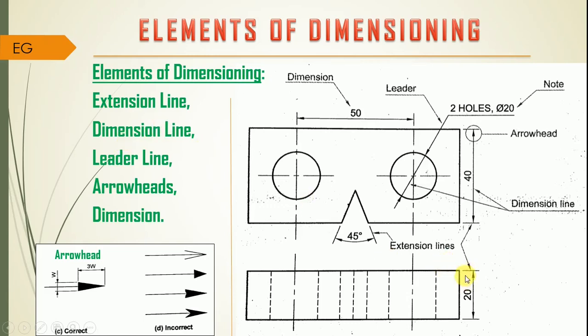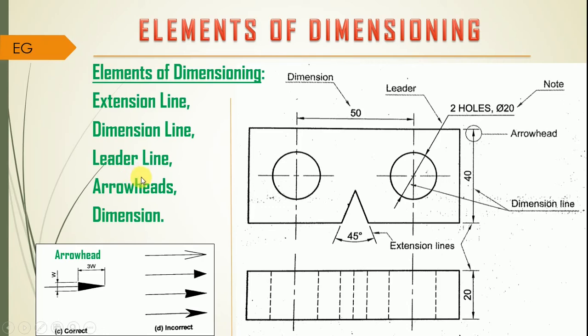Dimension line. To show this particular height, as we earlier drew the extension line, the next task is to draw the dimension line, again a continuous thin line. To show the height or the width, we draw this dimension line. Again, to show the diameter of this circle, this is the dimension line. So after drawing the extension line, the next task is to draw the dimension line. Then the third one is what?